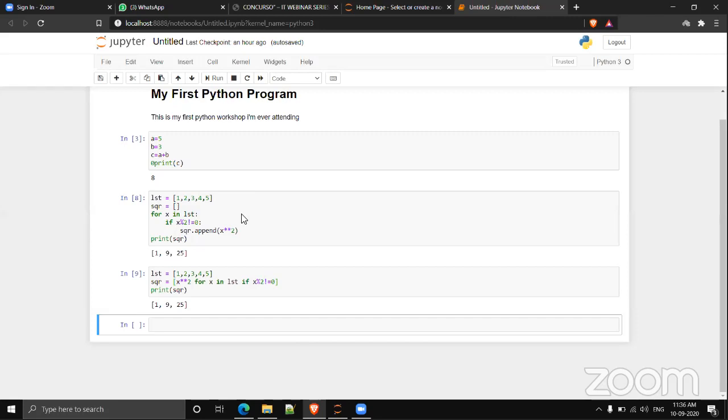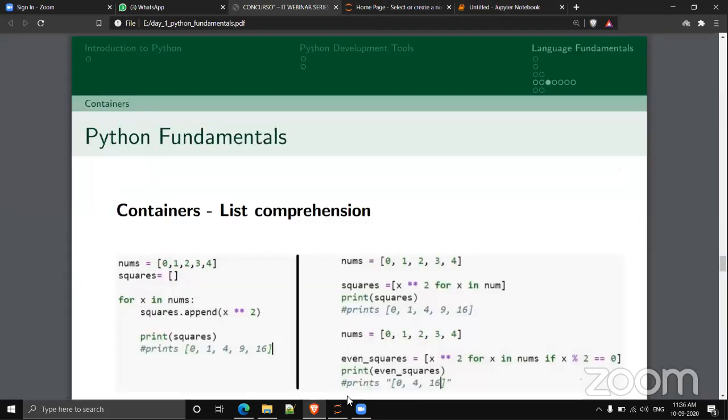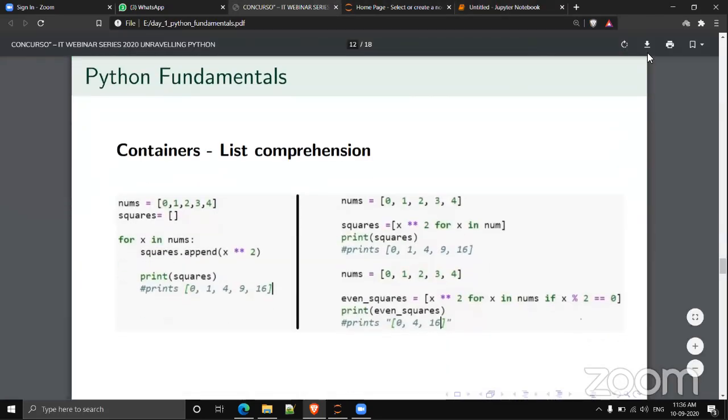Yes, sir. Yeah. In the slides also, I'm showing the same example. We have a list nums. We need to create a new list squares with the squares of the elements from the list nums.